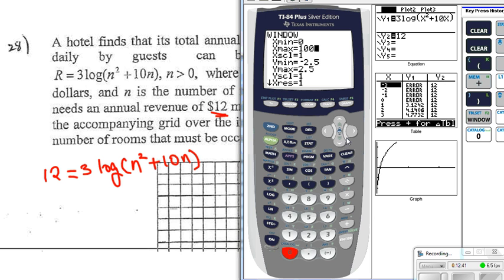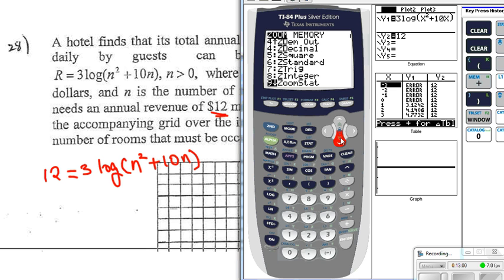Because that was the given domain. And what we like to do is this. Maybe we would like to put this one into zoom fit. What zoom fit does is that it keeps the x value and then changes the y value automatically so that it gives us the best picture. Here, zoom fit,